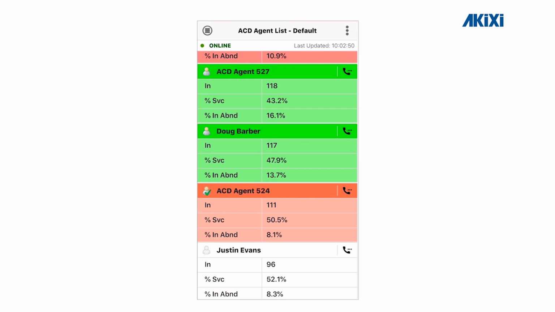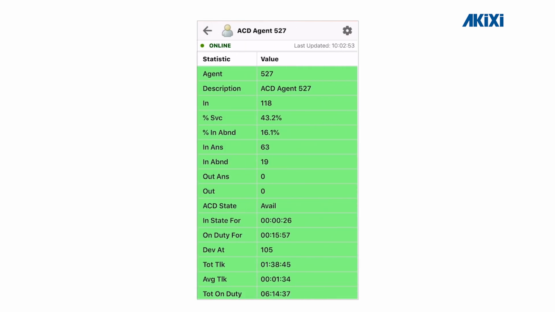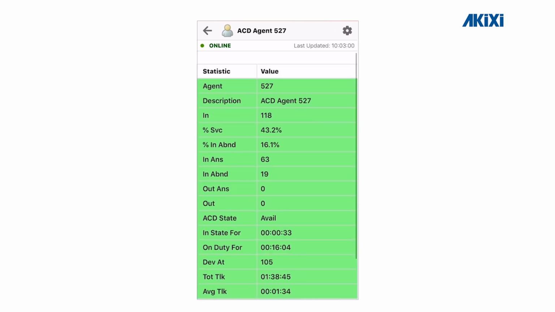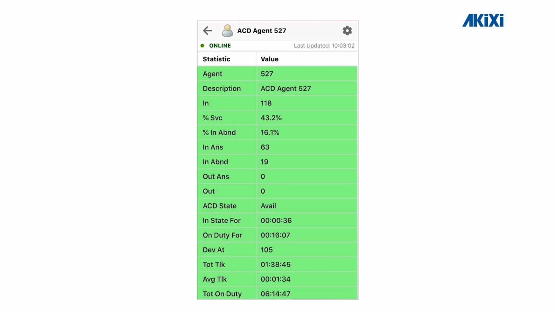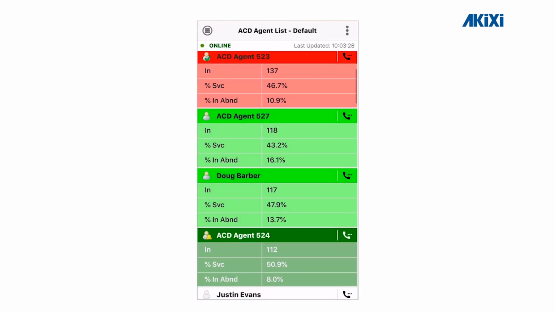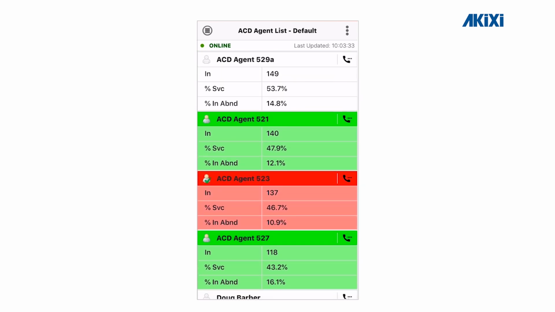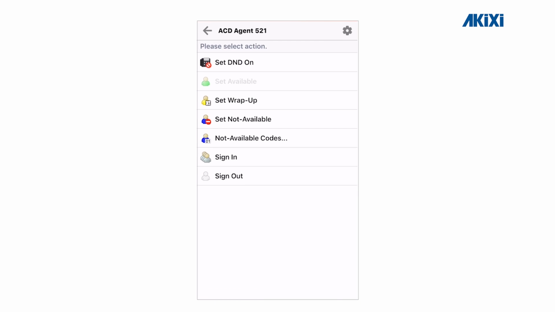Now if you want to look at all the stats that we've created for an agent on this report, simply tap anywhere on the agent, and that will then take us through to the full details on the report. So we can now see all the statistics and fields for that agent that we built into the report. So going back, what makes this report even more powerful is the ability to control an agent as well as view their statistics. So if you click on the agent control button,